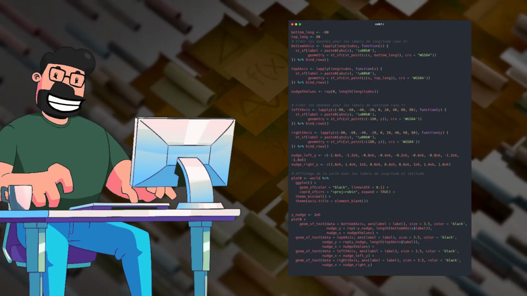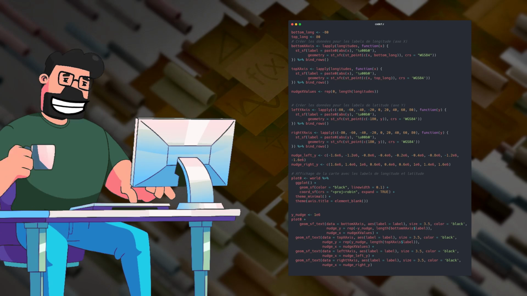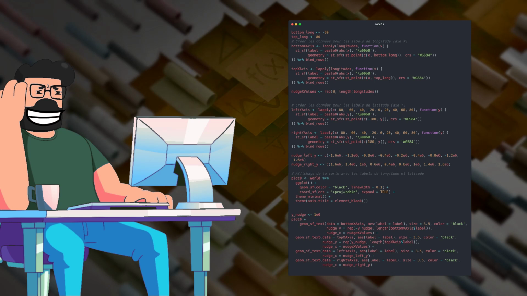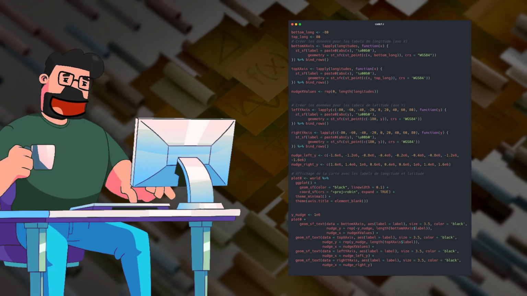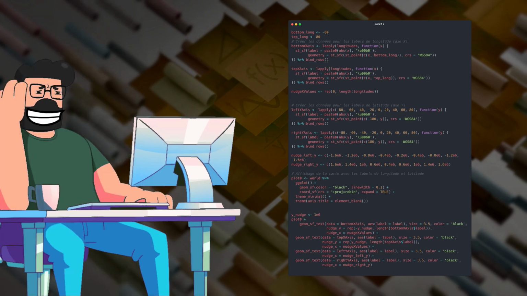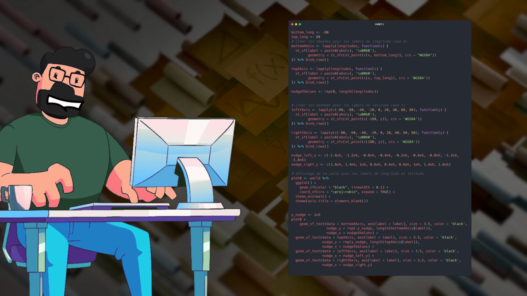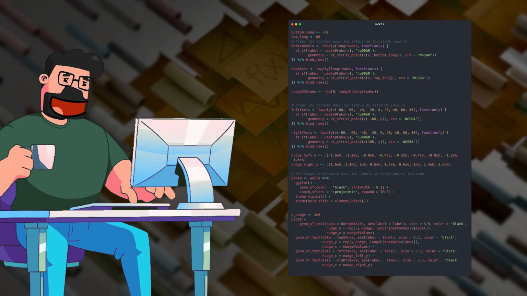Now, moving on to the solution. The key lies in adjusting the x-axis points to plus or minus 80 degrees instead of 0. By setting the x-axis points accordingly at plus or minus 80 degrees, and shifting the y-nudge to plus or minus 1 times 10 to the power of 6, we can move the labels to just below or above the plot, ensuring they align correctly on a map. This adjustment will give us the desired effect on the x-axis width, bringing it in line with the planisphere at 80